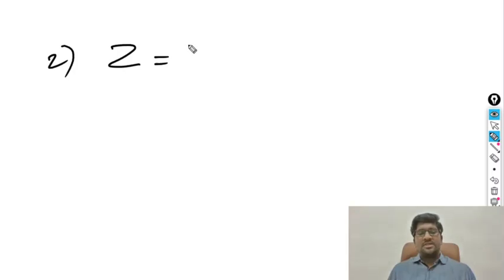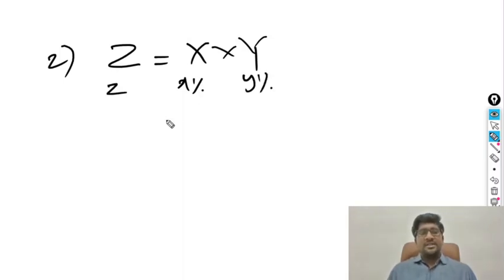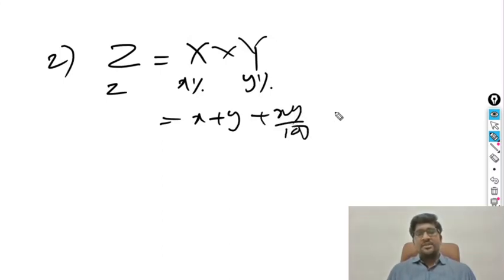What is the second technique we have seen? The second one is, in the same formula Z is equal to X into Y, that is area is equal to length into breadth, distance is equal to speed into time, all those we have seen previously. If you are given the changes in these two, that is, there is an x% change in X and y% change in Y, the resultant change in Z is x plus y plus xy by 100. In this, for increase we use plus, for decrease we use minus.